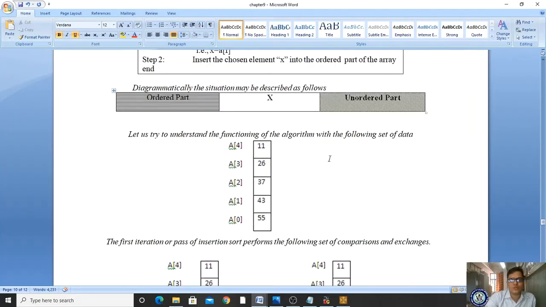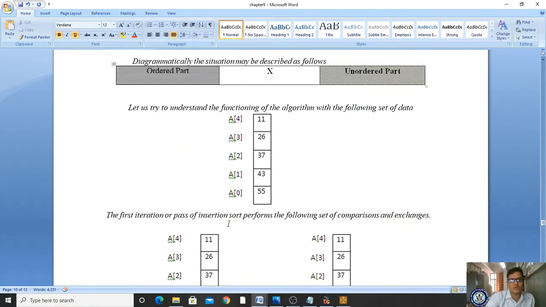Now you are seeing here, you have indices 0 1 2 3 4, and I have stored 55 43 37 26 11. Now 11 should come here, 26 should come here, 37 should come here.